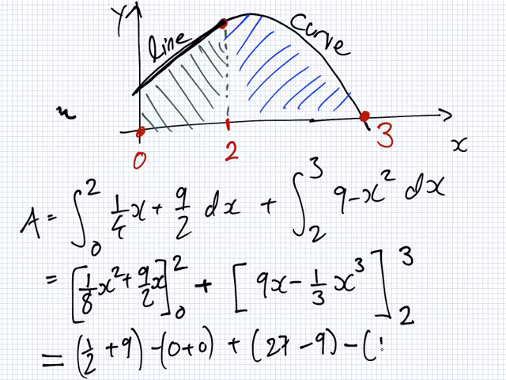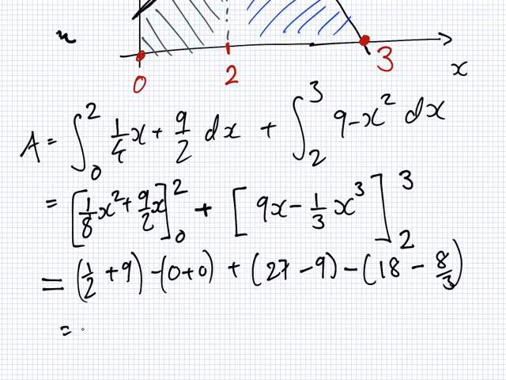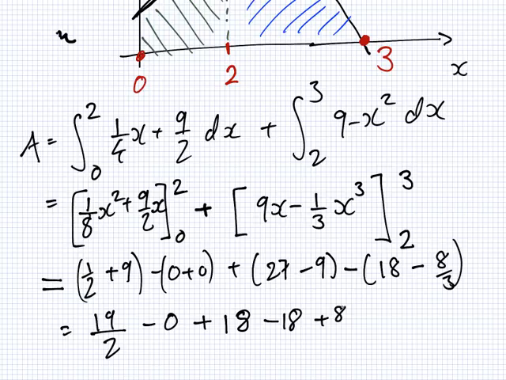And if I put in 2, I get 18 minus 8 over 3. So that would be 9.5, which is 19 over 2, minus 0 plus 18 minus 18 plus 8 over 3. So this will be over 6,